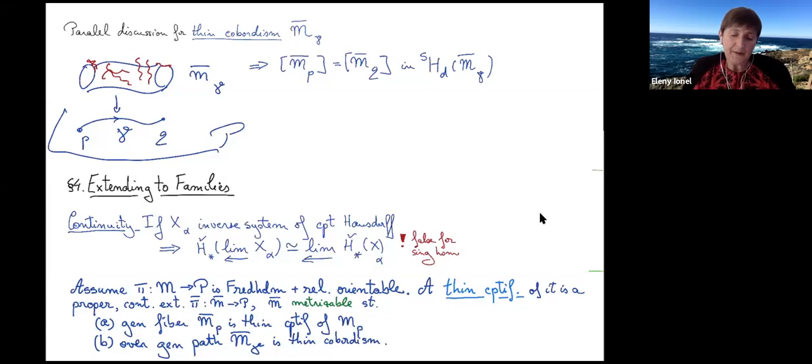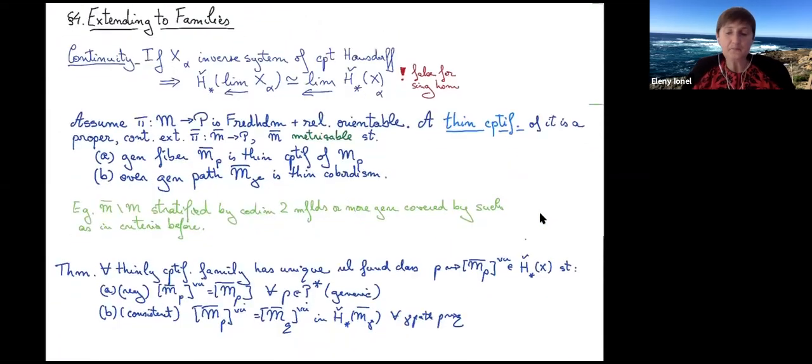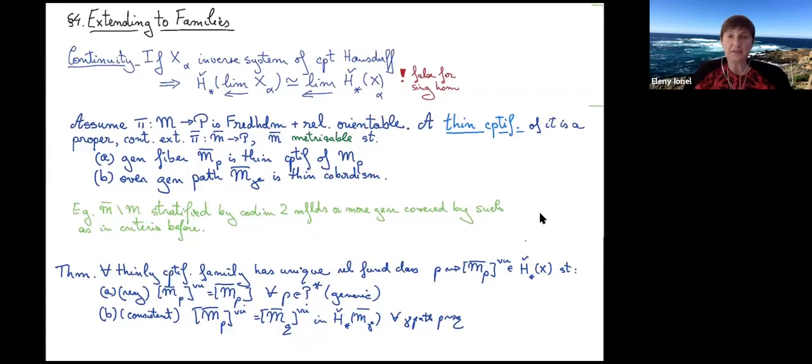And then a thin compactification of this family will simply be a proper continuous extension of this map to a space which we just require to be metrizable, and which has the following property: the generic fiber is a thin compactification of the generic fiber of the original family. And then over a generic path, M bar gamma, it's a thin cobordism. Okay, so it's a definition that formalizes the situation and specifies the conditions. It's basically the same condition we had before. The only extra condition is that we're going to ask this to be metrizable,